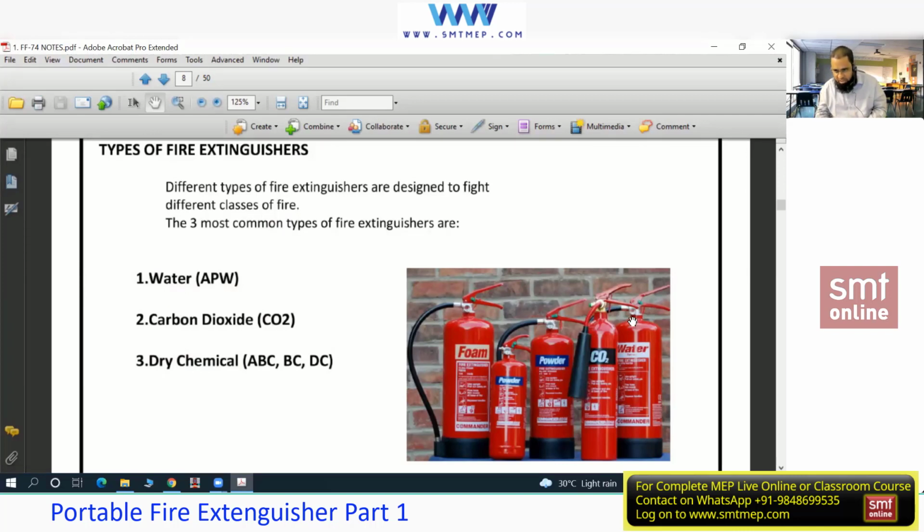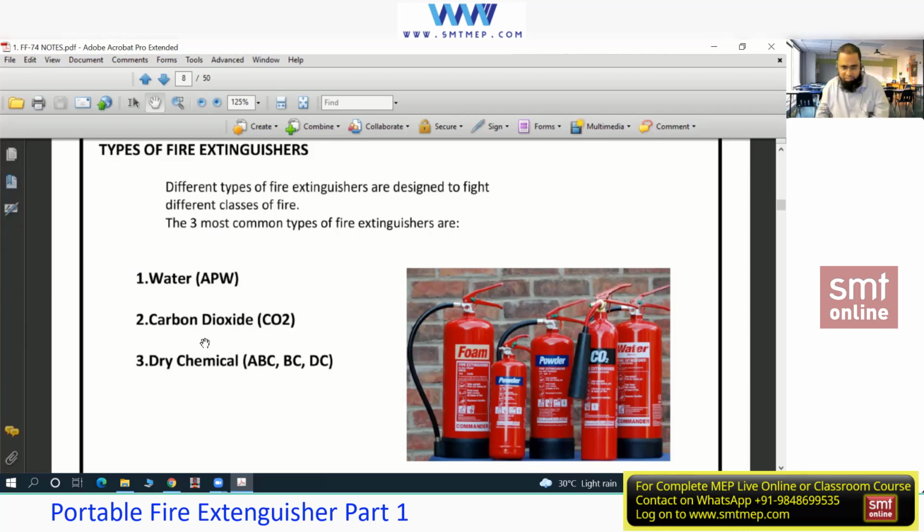Okay, and you see this comes with a pressure gauge, and everyone knows what a pressure gauge is. With the pressure gauge, you get three zones. Red zone means empty or close to empty. Green zone means full, and in between, white or yellow zone means partly filled or partly empty. So the pressure gauge will help to indicate the quantity, from a maintenance point of view, for the water type. Now, more about this, the way to use water, we'll discuss later. Let me just quickly give the introduction for this type.